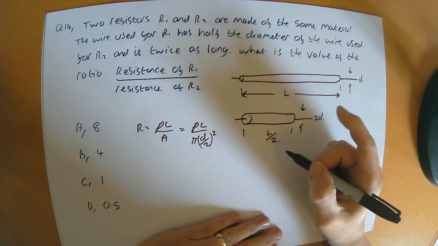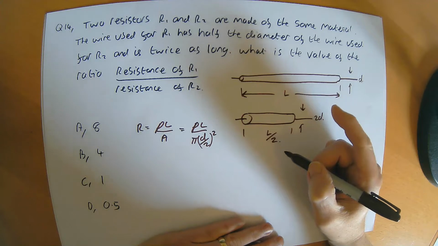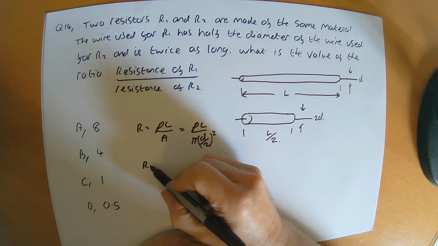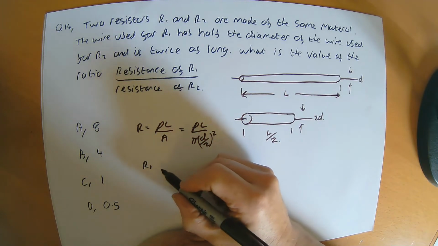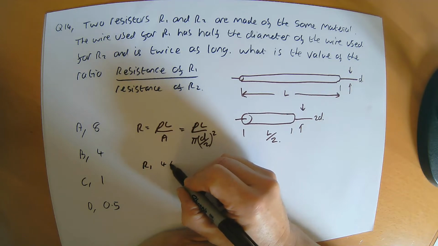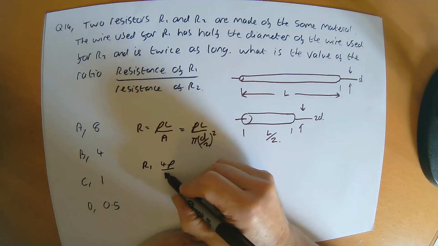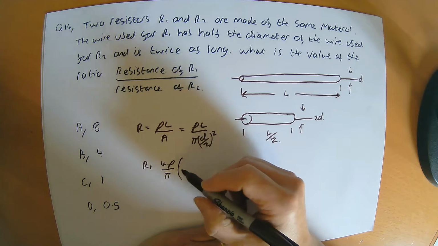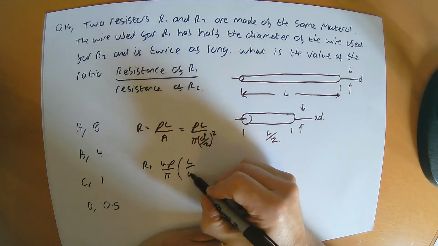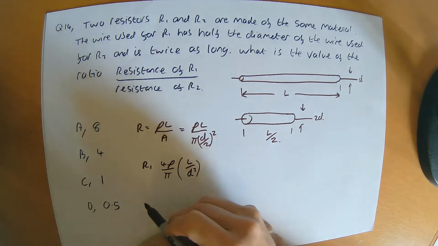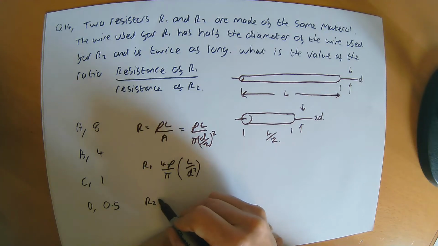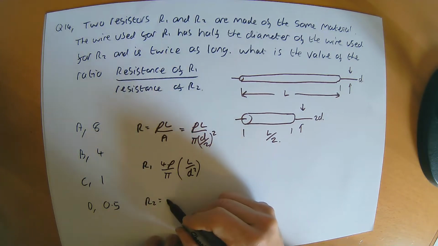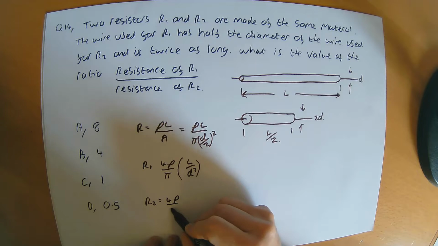Now if we take out the constants from this, we get that the resistance of 1 is 4ρ over π times L over D squared, and the resistance of 2 is the same 4ρ over π